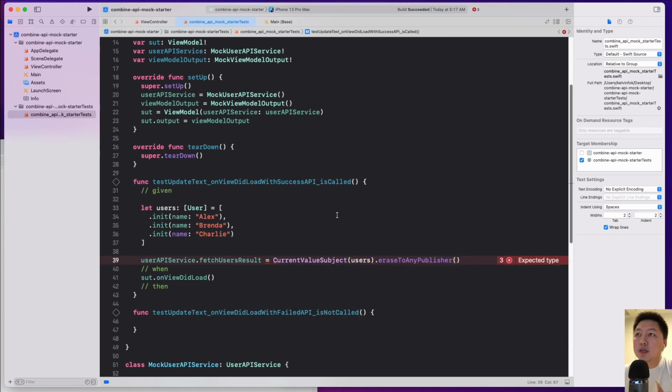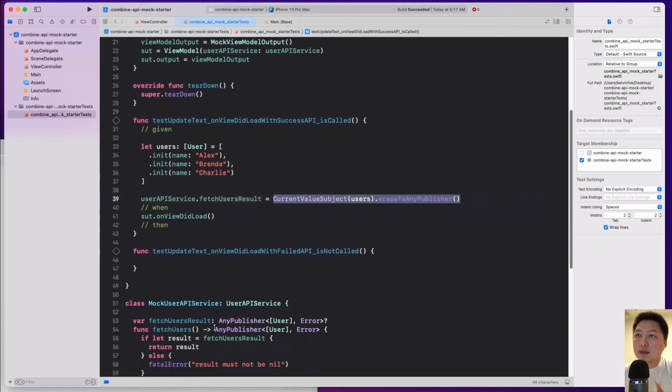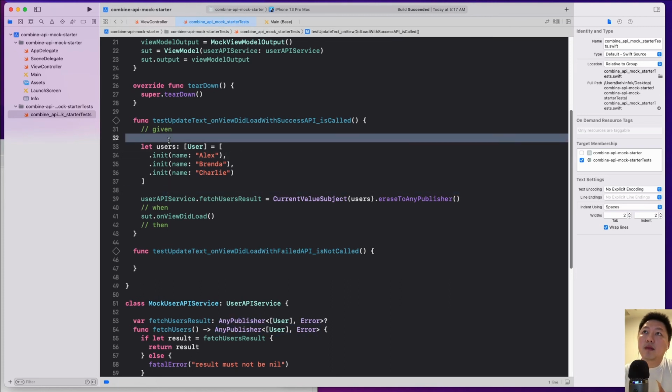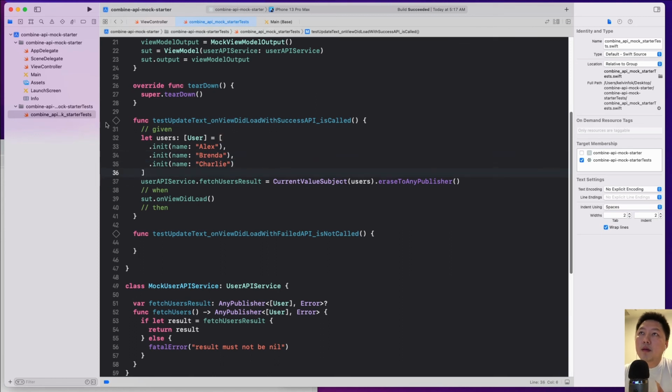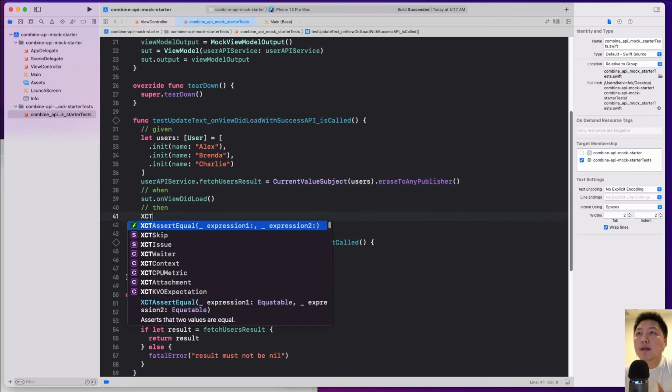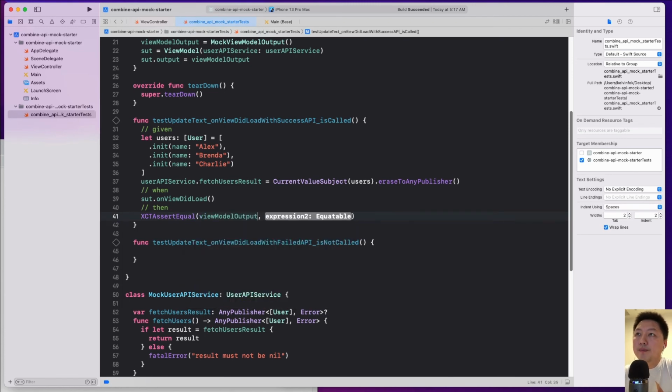to any publisher so that this type is this type over here. Okay, so given this successful API call, when view did load happens, then I can assert that the view output model, okay,